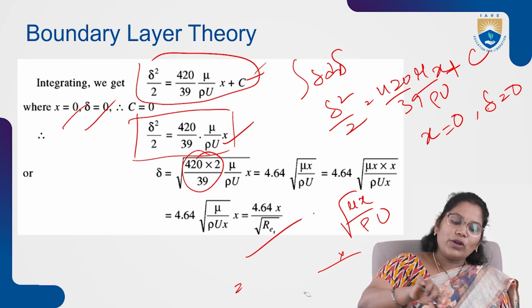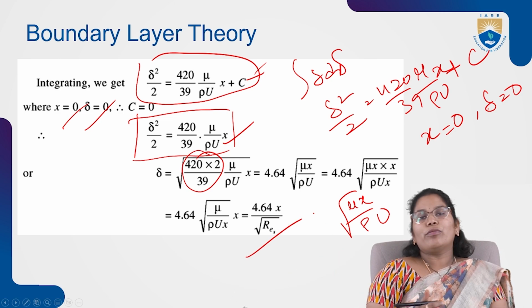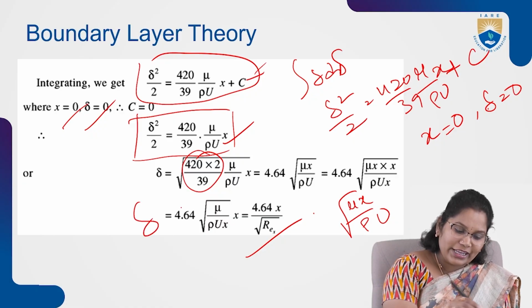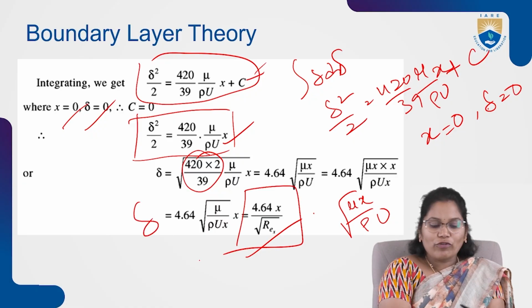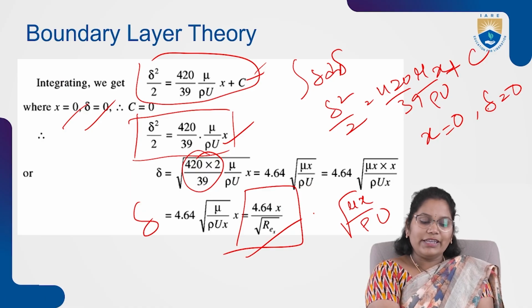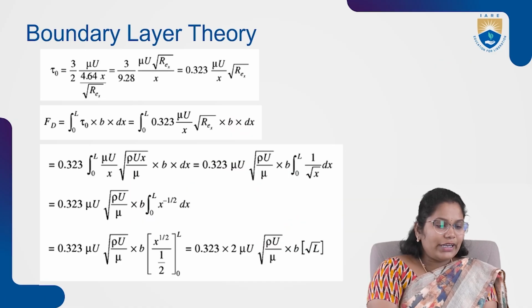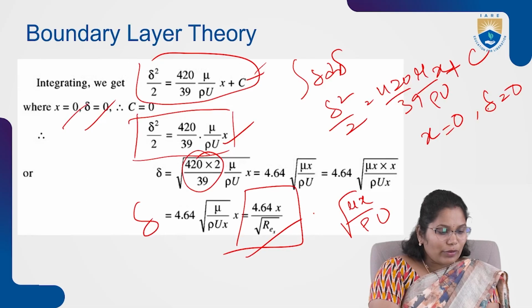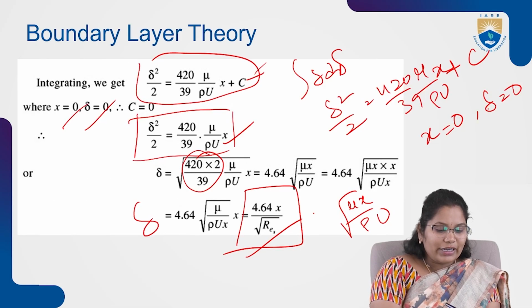4.64x by root Re. So 4.64x. The delta is 4.64x by root of Re x. Right? I need to calculate here. You got delta here as 6 point